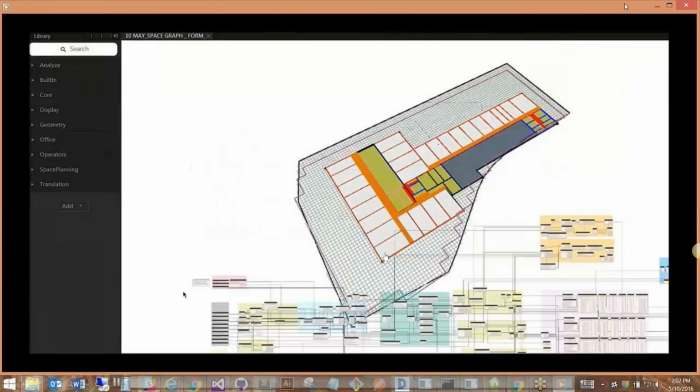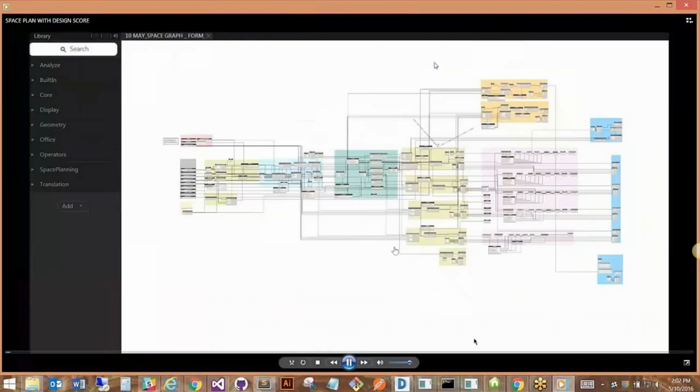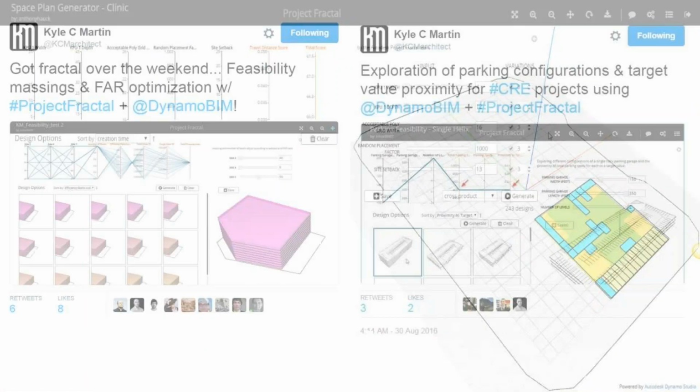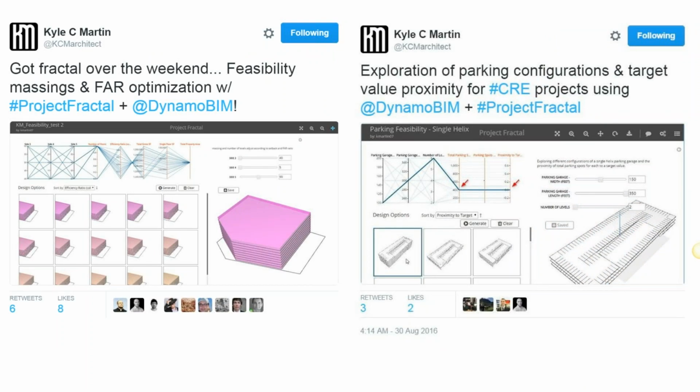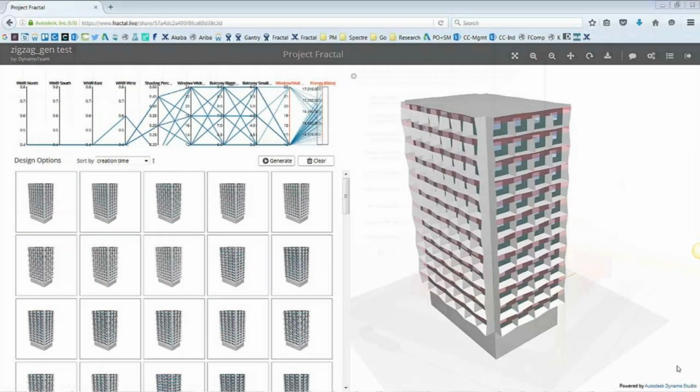I think that this makes, yeah, this is floor plans, and we've got one that does parking garages. There's a bunch of different examples of this sort of thing, which we can talk about more if people want to talk afterwards. Anyway, there is this facility that we have had for exploring design space, but in a non-directional way. What we're working on right now is